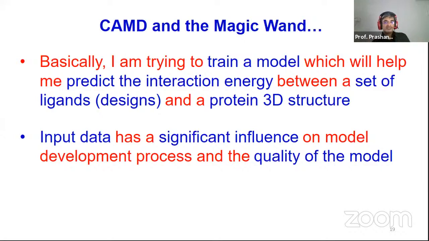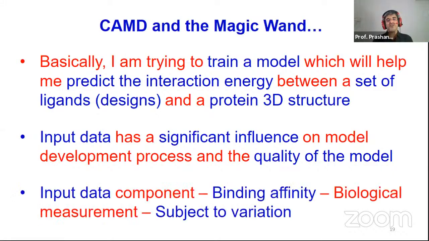Although some of the scoring functions will do excellently well for a particular type of protein, say kinases, they may not do so well for ion channels, or maybe for other transmembrane receptors like GPCRs. So sometimes these models could be very biased, and that's where one has to be aware of the limitations, and keeping these limitations in mind, you have to rely on the results in that proportion, right?